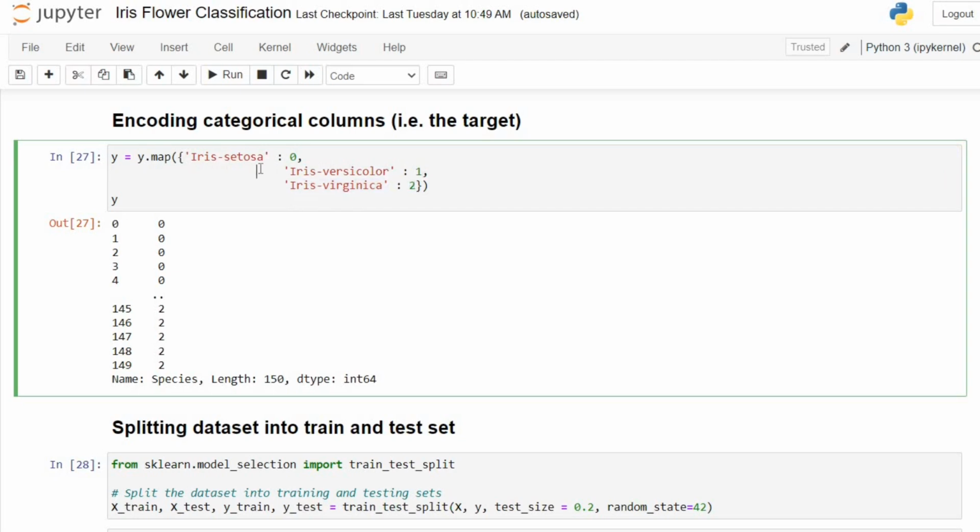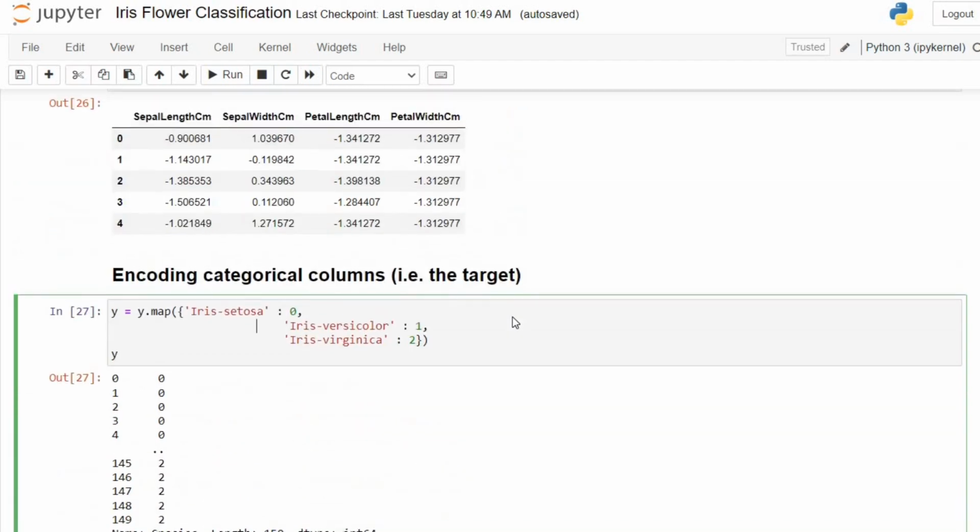And on running this cell of code, you can see that now the target variable is having integer type values ranging from 0 to 2. That is representing the species in the iris flowers, that is iris setosa, iris versicolor and iris virginica respectively. So this form of coding is actually called label encoding. Okay, so to these species we have just provided the labels 0, 1 and 2, and now they are converted